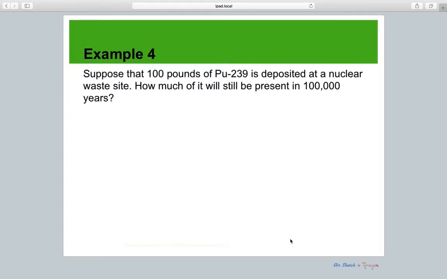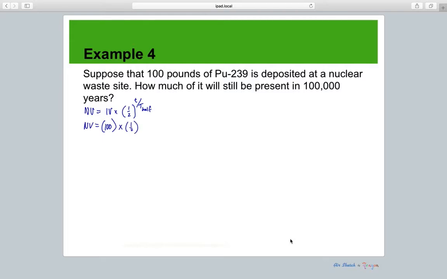I'm just going to write an abbreviated version of that. So new value equals initial value times half to the t over capital T, which is our half-life time. All right, and we're trying to solve for the new value. The initial value was 100 pounds